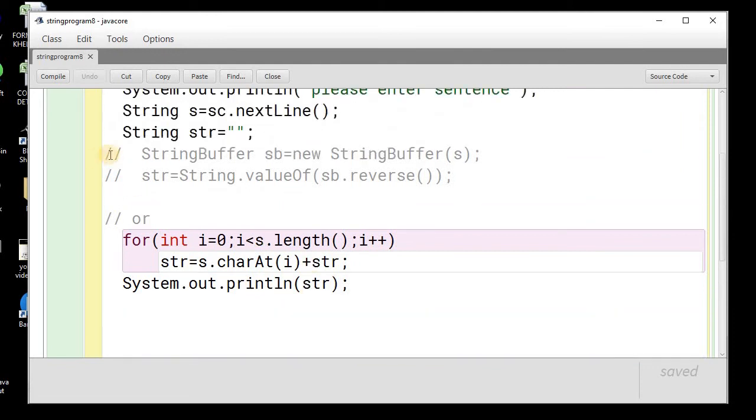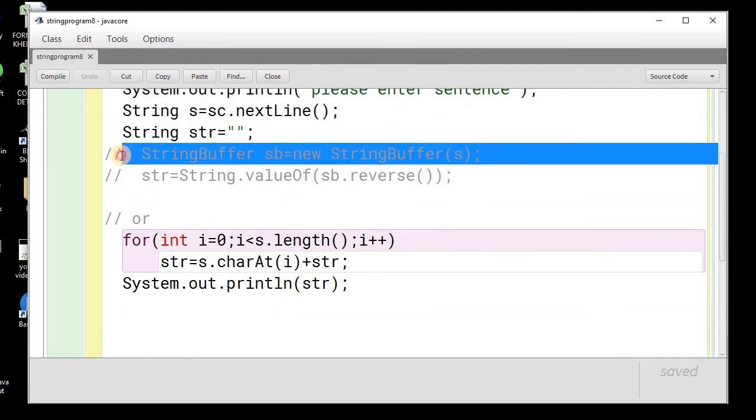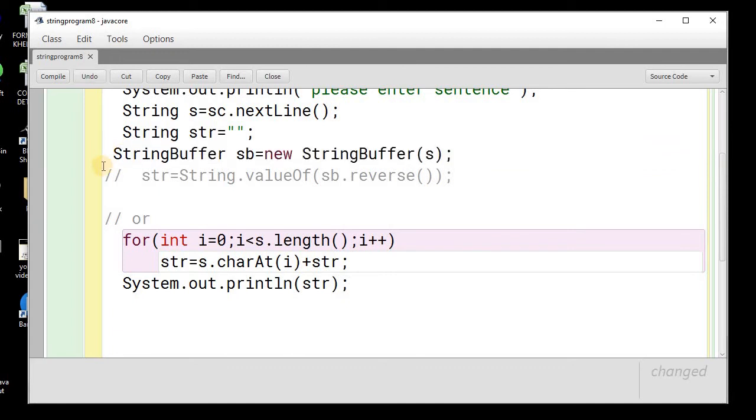Let me show you the another method where we can use the string buffer class for the purpose. For that, we need to create a string buffer object in which we will pass the original string as a parameter. So this SB is a string buffer that contains the actual word or sentence input by the user.